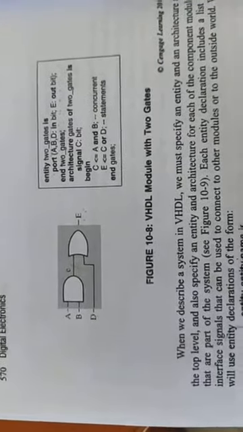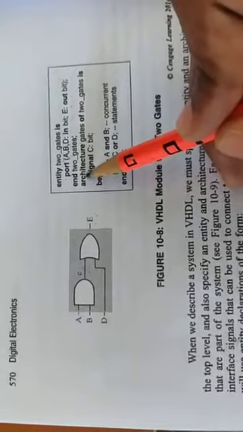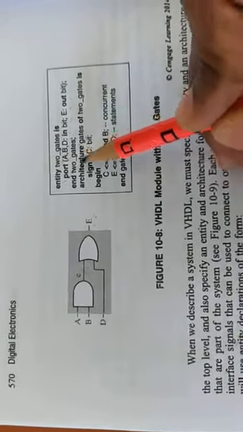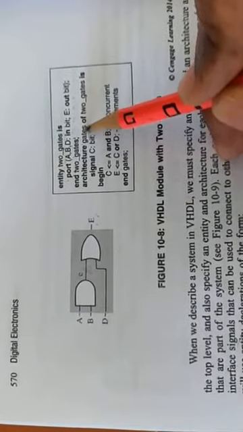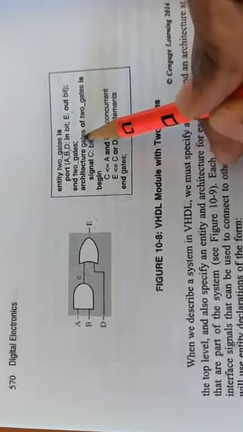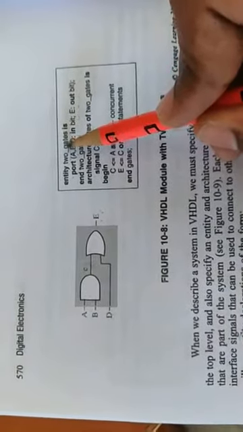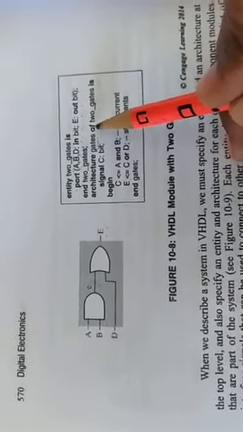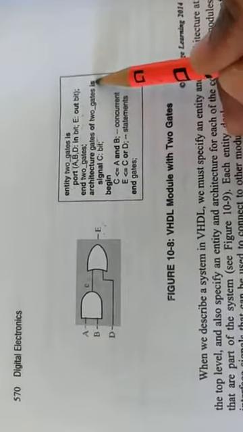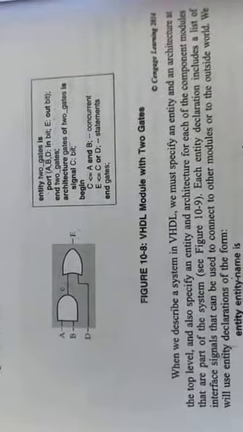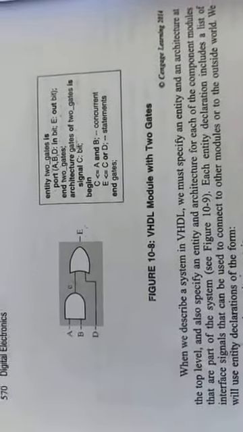Then architecture. It's the core part of the program. Architecture gates is the name of the function. It can be your name as well, no issues. Gates of two gates, where two gates refers to the name of the entity. Is, you're supposed to use is. As it is, you are supposed to write in your examination. These are inbuilt keywords. These are must, you are supposed to use them.